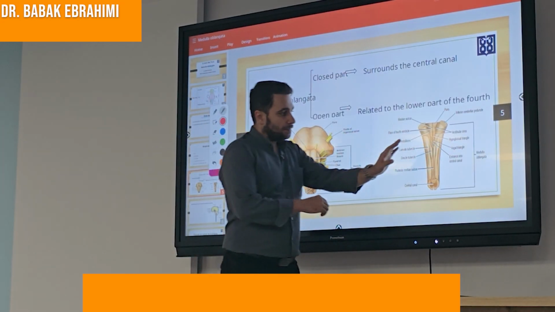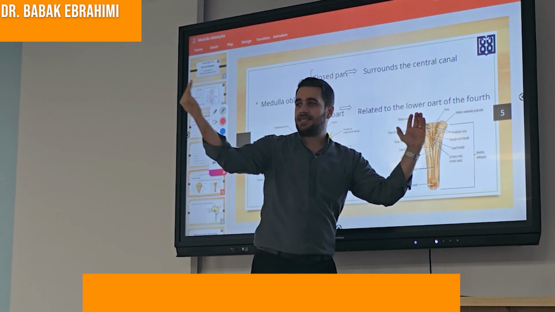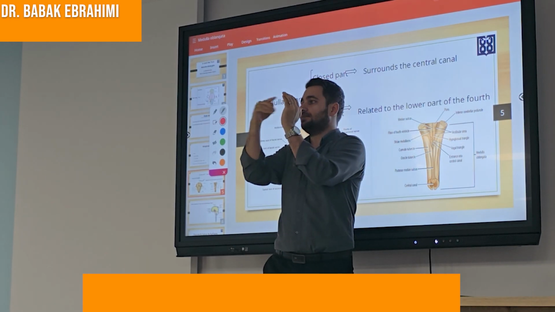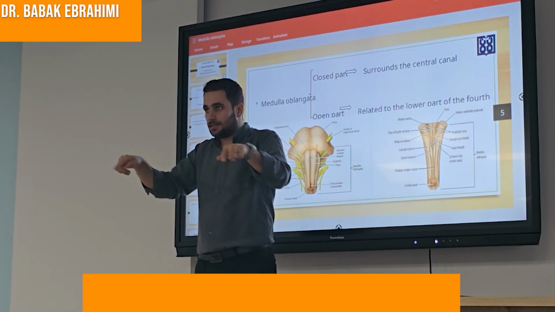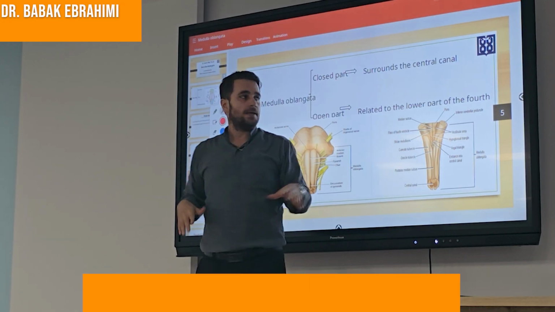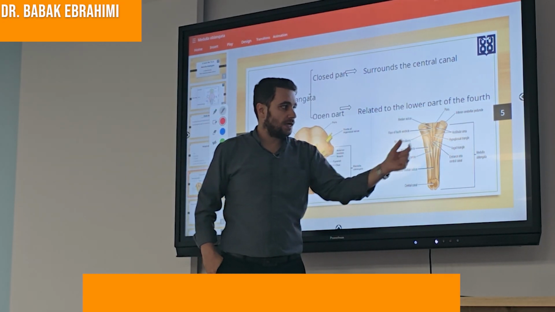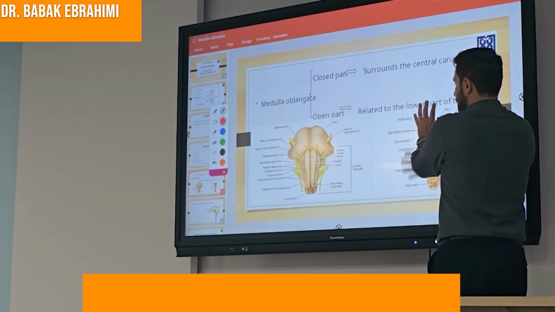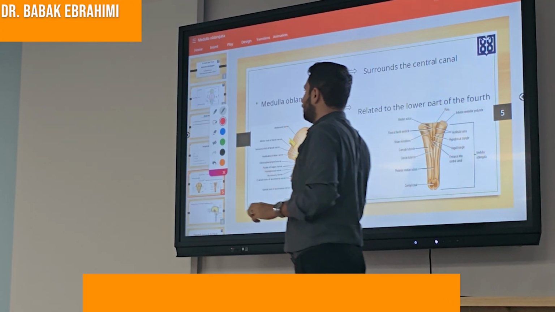Because here we have medulla oblongata, here we have pons, and then the cerebellum comes and makes the fourth ventricle between them. So it must be open because it is a space. Full of what? Full of CSF,